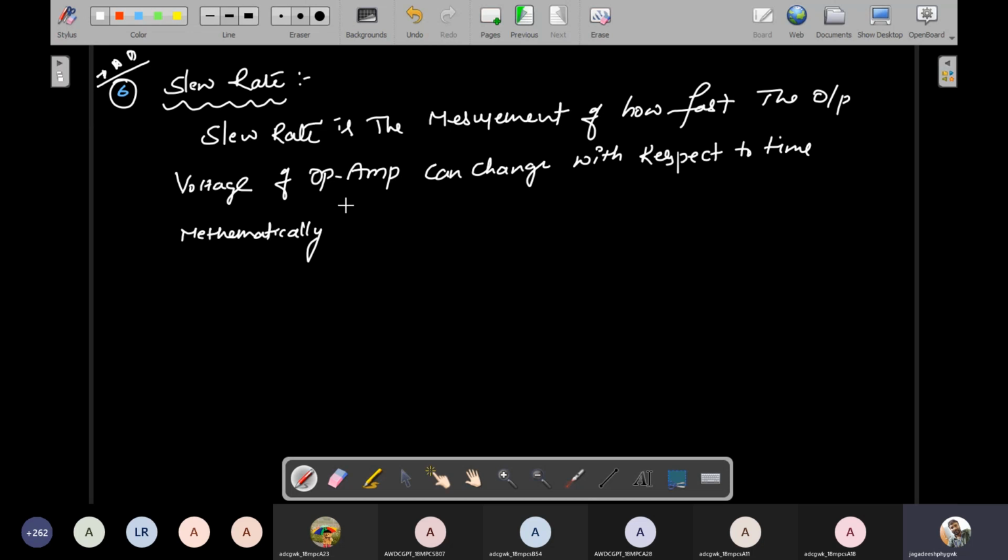It is a specified slew rate. Mathematically, slew rate is represented by capital S suffix R. Slew rate is nothing but how the output voltage changes with respect to time. So that means